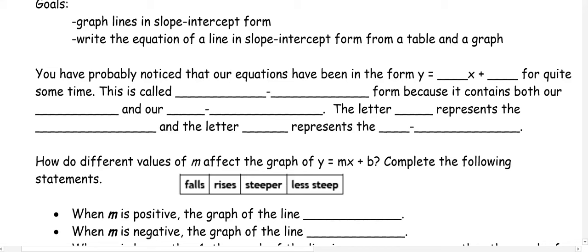This video is about graphing lines in slope-intercept form and writing the equation of a line in slope-intercept form from a table and a graph. So you've probably noticed that all of our equations have been in the form y = mx + b for quite some time. This is called slope-intercept form